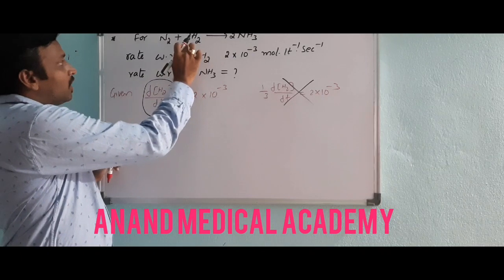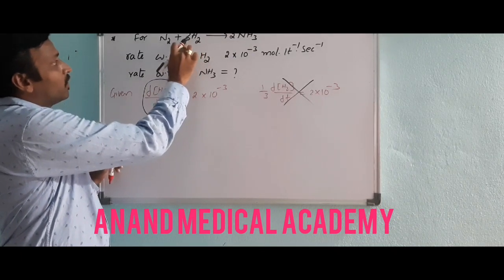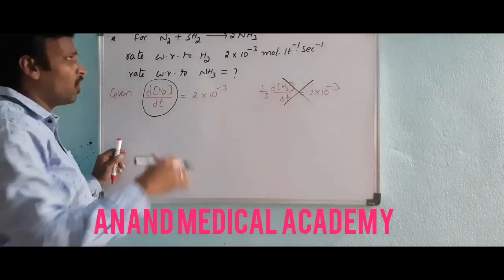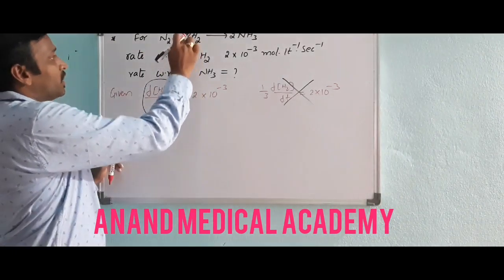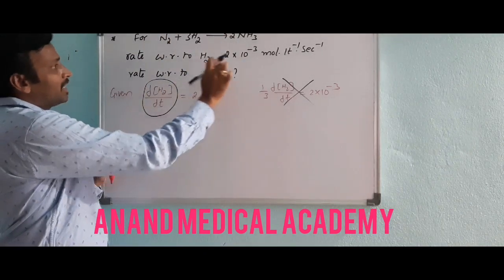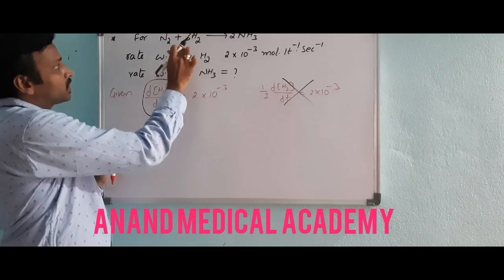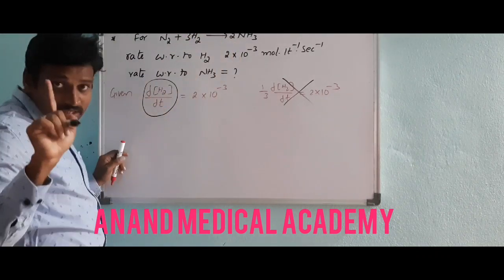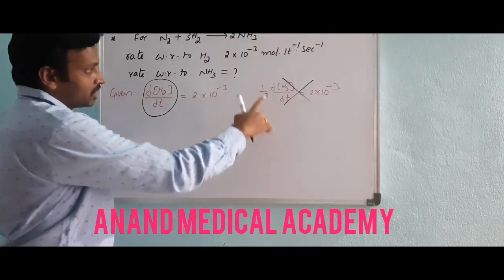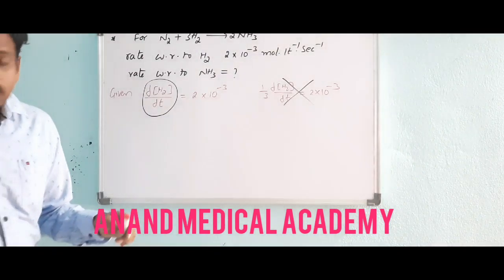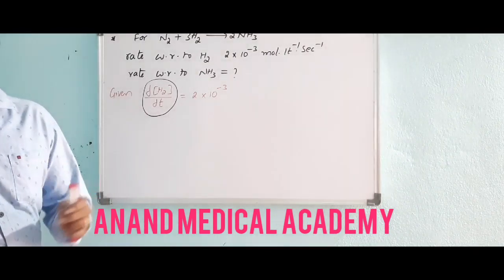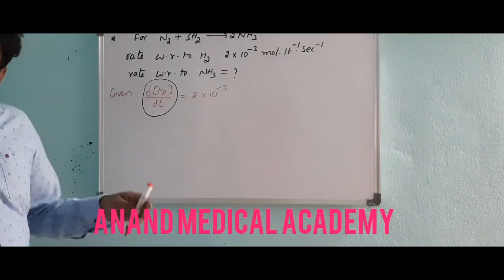So for a reaction, you have to consider that later on. They gave only dH2 by dt, so how many moles there are is unnecessary for you. Whether 5 moles or 6 moles or 10 moles, whatever. So first, the rate they gave, you have to consider simply without these moles. So dH2 by dt was given, that's it. Taking it like the other way is wrong. Now the rate with respect to ammonia is being asked.